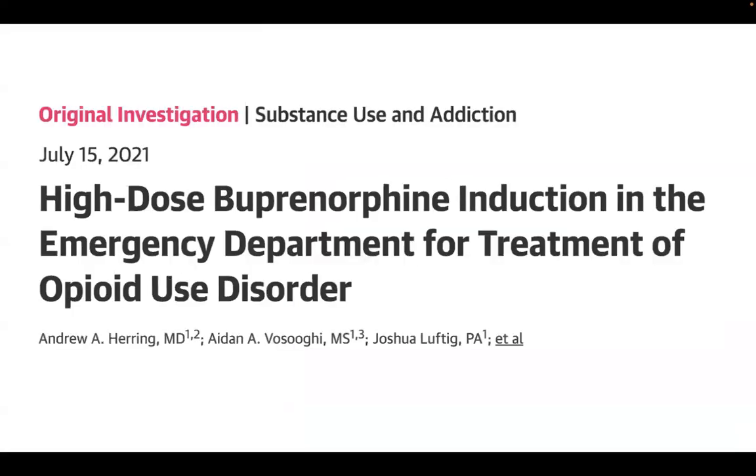This is a wonderful paper by Herring et al. from 2021 that was published in JAMA. It provides a simple, widely used algorithm for initiating buprenorphine in the hospital setting. I will have this algorithm available at the end of the presentation and a QR code for you to reference in the future,